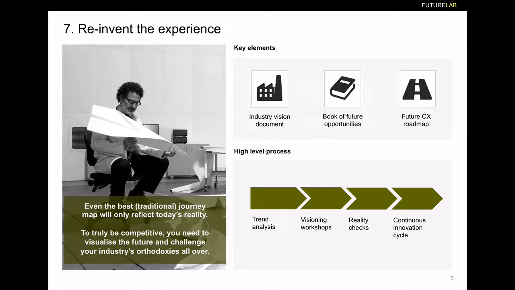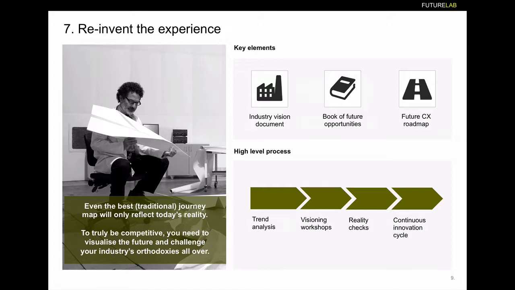That was okay 50 years ago when things didn't change that massively anymore. But today we live in a world where industries are transforming themselves at the speed of light. New technologies are coming in, societal trends are changing, and essentially people are changing, customers are changing on an almost monthly basis. So the reinventing the experience step is actually taking a step back from the customer journey mapping and